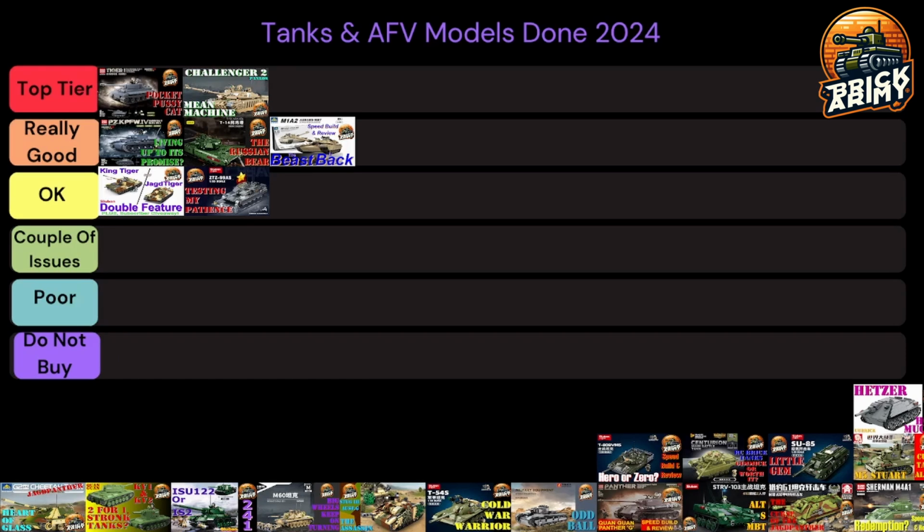This came in at £20.10, which I think if I hadn't had the issues that I did with it, it would have been a really good model for that price. But I did have a lot of problems. Although you could build, if I remember rightly, one of 3 T80s. They were very similar. There wasn't a great deal of difference from what I remember between them. But again, it's a popular model by manufacturers, so I think you can do better than this. So this is going to go